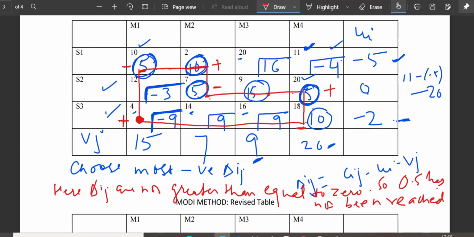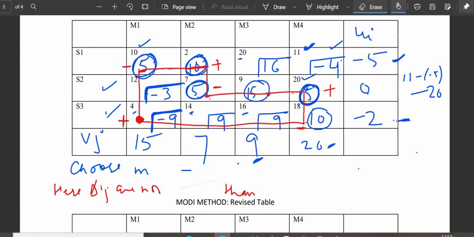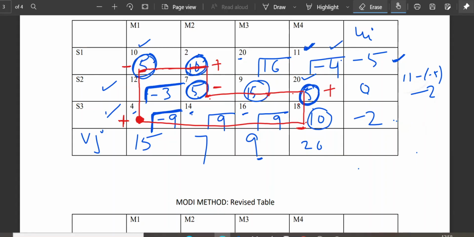Now, after drawing the loop, what do you have to do? What does this loop say? Among the negative cells of this loop, choose the smallest one, the smallest number in the circle.